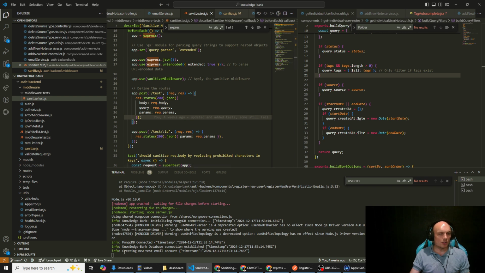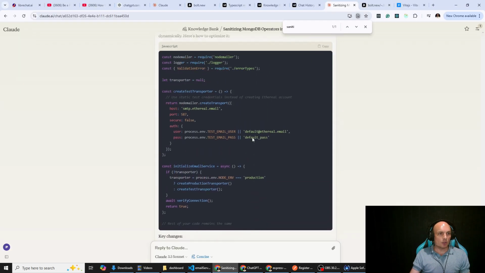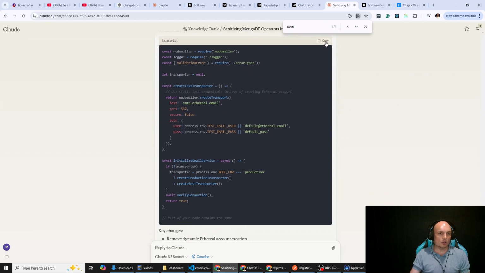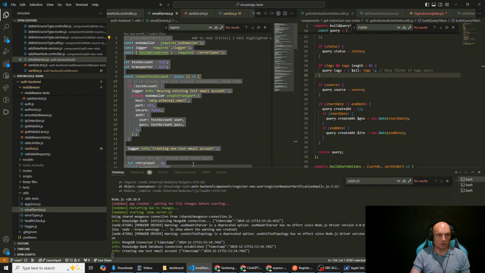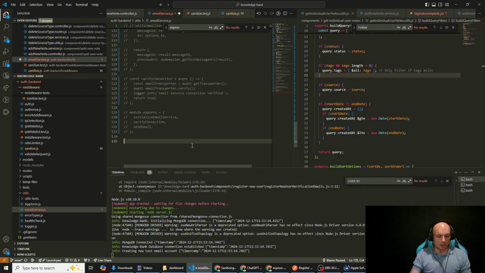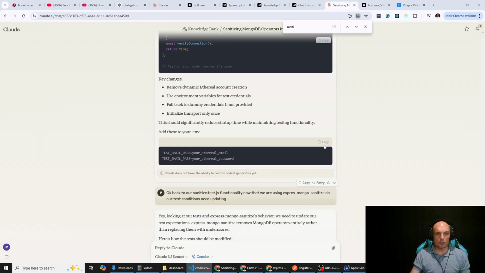We do also have this other issue which has been ongoing where our email service just takes absolutely forever to fire up. And in Claude, I did just previously ask it what we could potentially do. So I'm going to copy and paste this functionality into our email service. I am just going to comment that out for now, paste that in there, save that. I'll pull this over here because I do need to give it some environment variables. So I'm going to copy those, put that into environment variables,